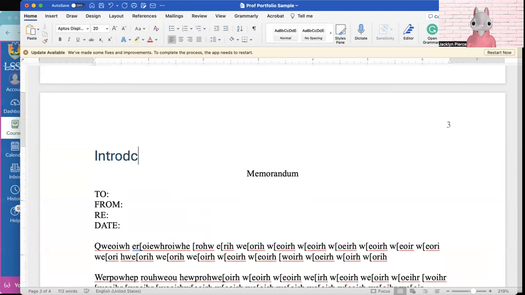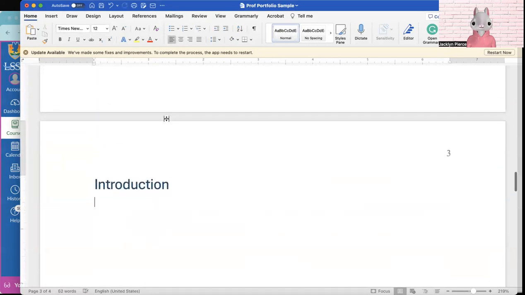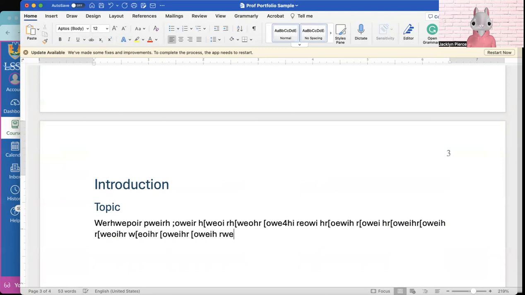So we're going to use the headings. Remember, if you're doing this right, you're going to be using the headings and subheadings in Word. So let's say we call this the introduction, and then let's make subheadings for topic, and audience,